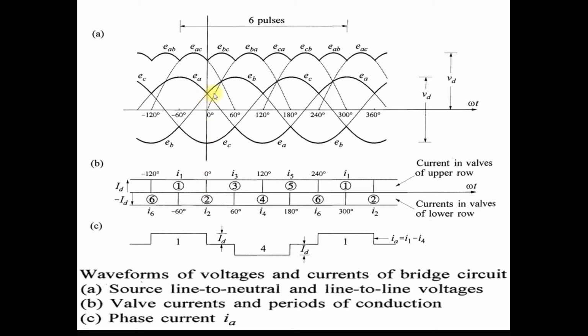So you can see this conduction period from this phase crossover point. From the positive group, from this to this, valve number 3 is conducting. So this is the conduction duration or valve current, you can say. Same way from this to this, upper group C phase, so valve number 5 is conducting, 120 to 240 degree. Same you can see that from here to here, minus 60 to 60 degree, C phase becomes most negative, so valve 2 is conducting. So this is the conduction period of upper group valves and lower group valves.